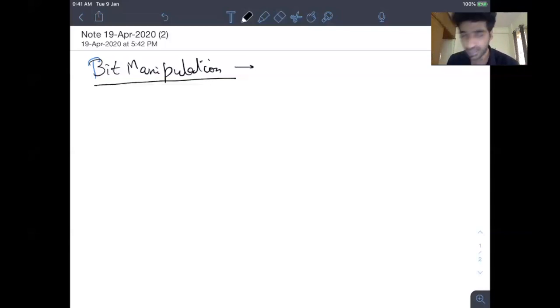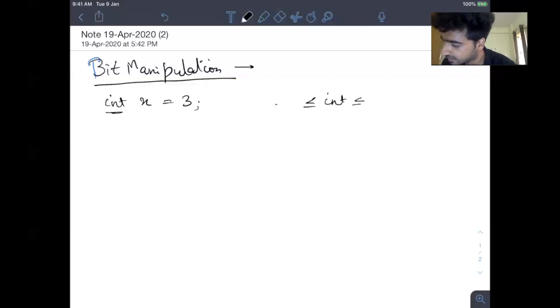Every one of you knows that we have some data types in our language, C++. Let's say there is a data type int x is equal to 3. You know that the computer stores everything in binary. It is an integer, and here an integer ranges from minus 2 to the power 32 to 2 to the power 32. So basically it just stores